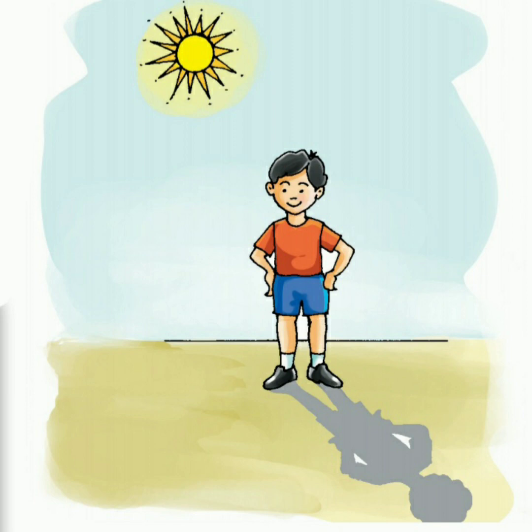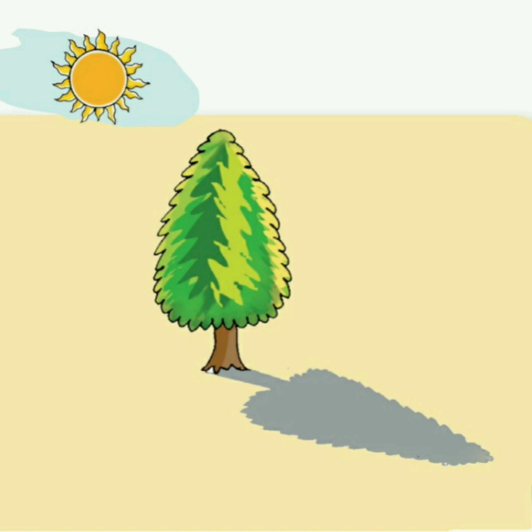So, a shadow is formed when an object blocks the path of light. The light of the sun was falling on the ground directly. But when this boy came in between the light of the sun and the ground, a dark patch formed and this is shadow. Do you know the shade under a tree? That is actually its shadow. You can look at this picture. Here it is the shadow of the tree, the shade of the tree.